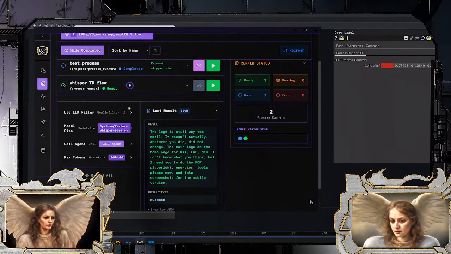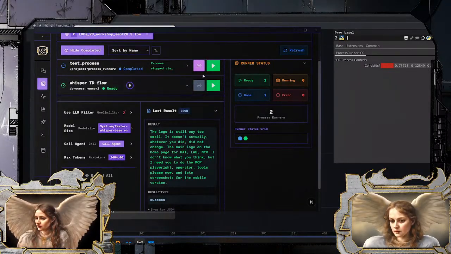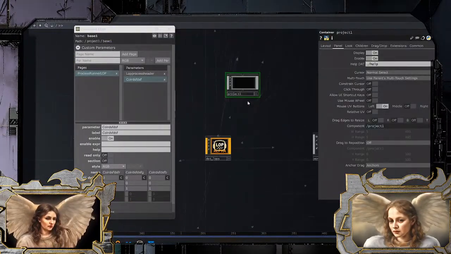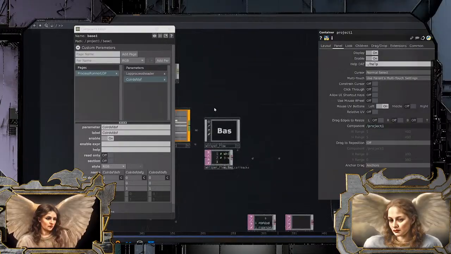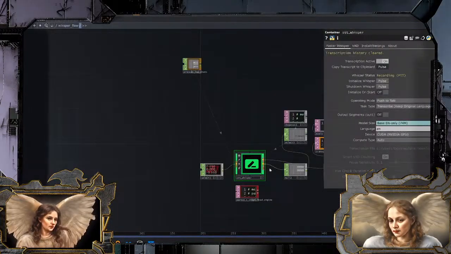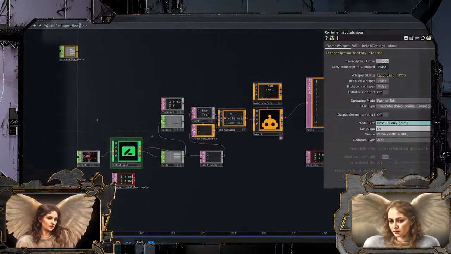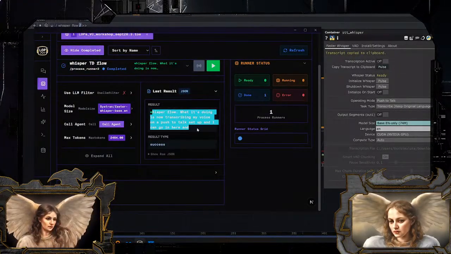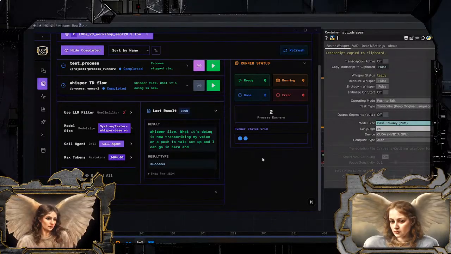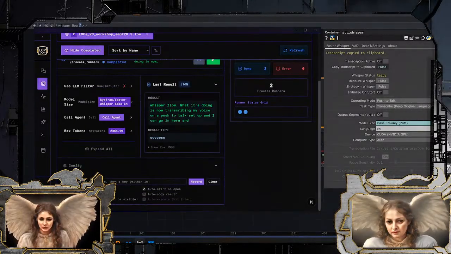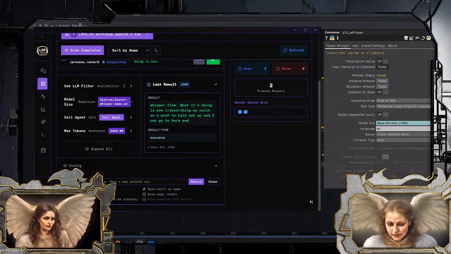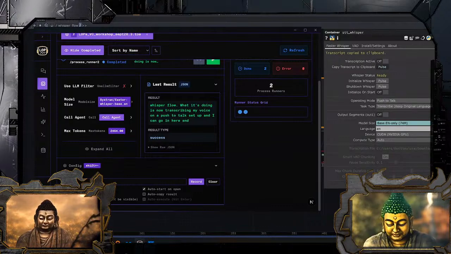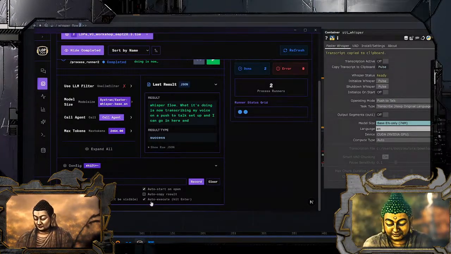I don't know why it made the other one disappear. Oh, there it is. So this whisper TD flow is a process that if I start it, it's going to start the engine. Where is it? Oh, here it is, whisper flow. What it's doing is now transcribing my voice on a push to talk setup, and I can go in here and stop, and yep, it's transcribing my voice in a push to talk setup. But I can also do this on a keyboard shortcut in the config. Enable keyboard shortcut. Let's record shift tilde, and auto send to terminal, auto execute.